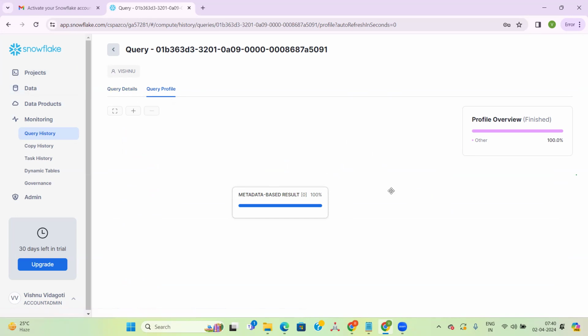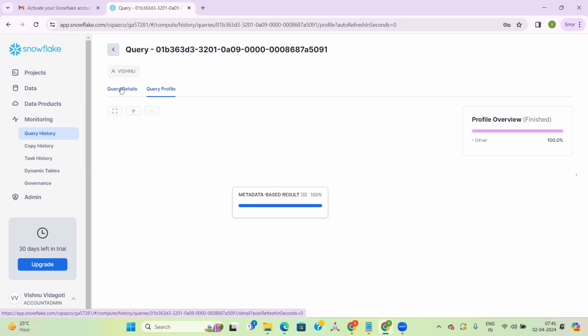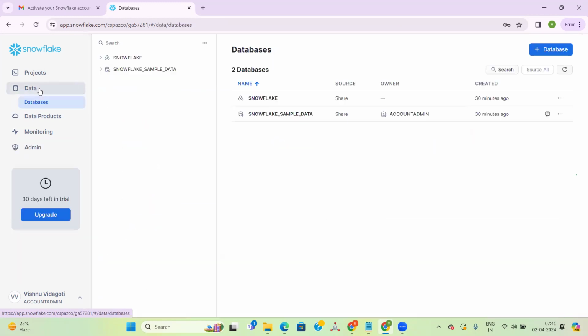Query profile is nothing but how the plan is executed. These are all the cache part, I'll be explaining this. The query profile shows how the data is getting retrieved. So that we can see in the query profile. So what I'm trying to say is like,